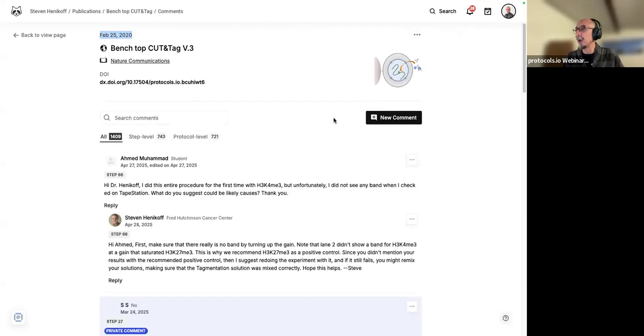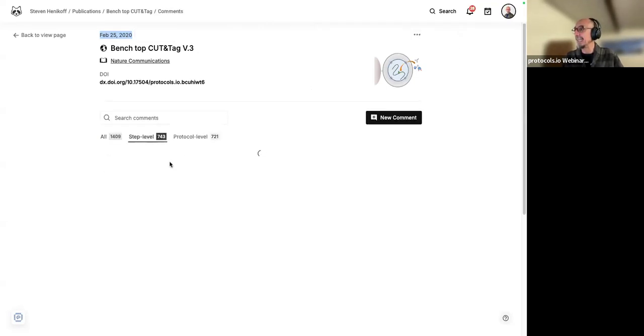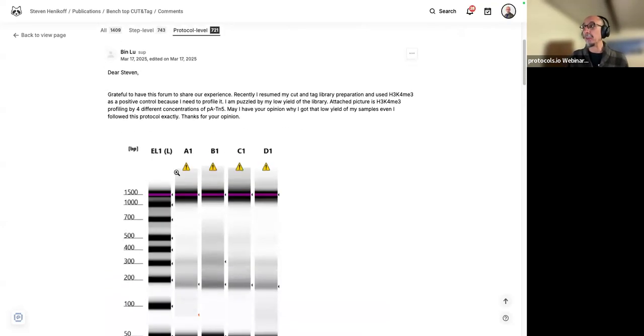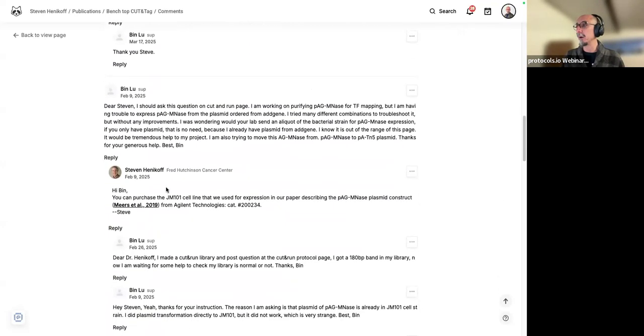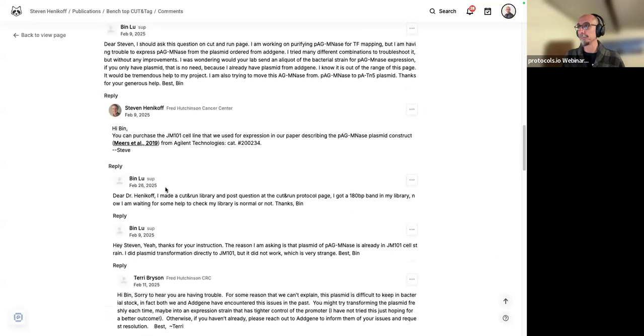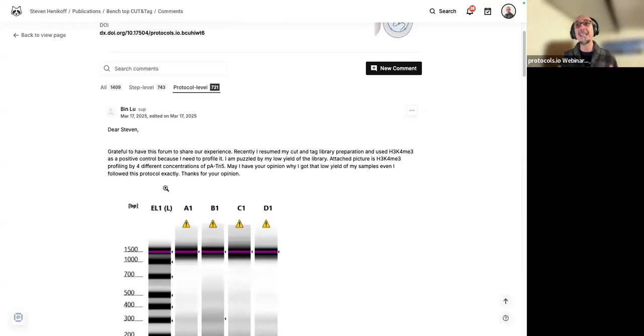And I can click in the comment section and I can see the conversation between the users of the protocol and the authors responding openly to those comments or questions. So this certainly creates an open, scholarly communication that could potentially lead to collaborations.